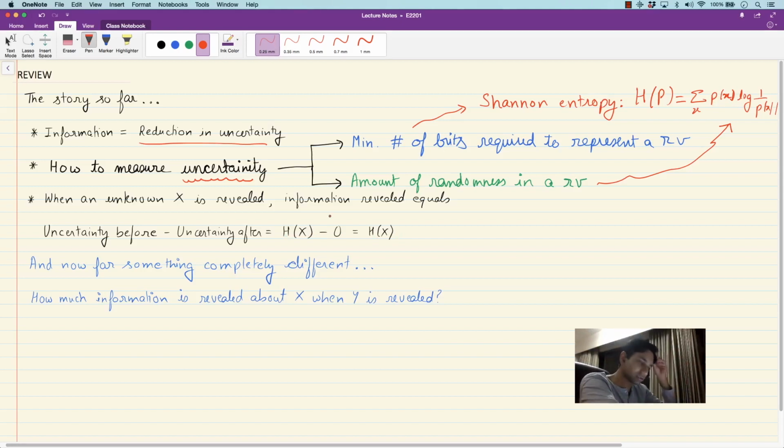So we have some handle over this question, but perhaps it doesn't answer a more natural question. We are often interested not in understanding how much information about X is revealed when you see X, but in understanding how much information about X is revealed by some other random variable Y. So how much information is revealed about X when Y is revealed to you, when Y is given to you. And this is the question we'll examine in the next 2 weeks.